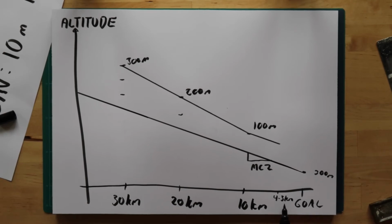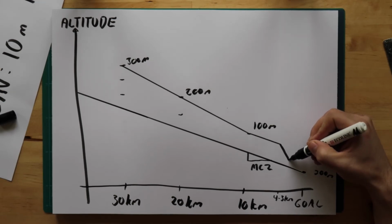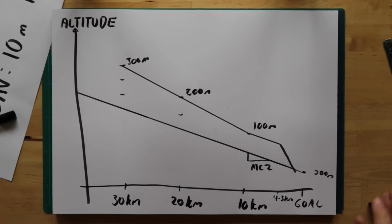When I'm at 4 to 3 kilometers left, I will rapidly increase the speed and basically fly down to the minimum finish altitude, where I will level off so that I will cross the finish line